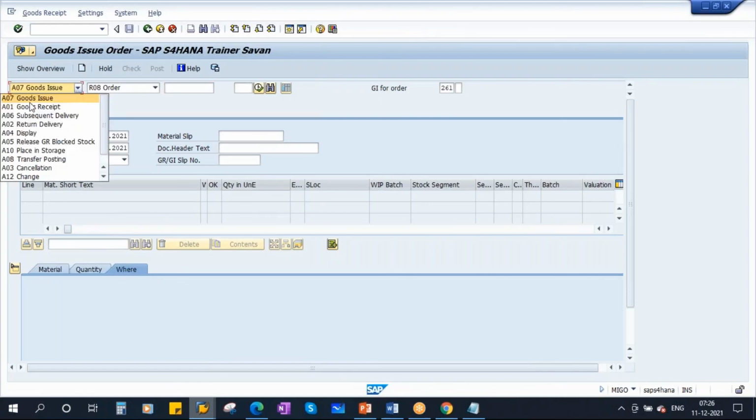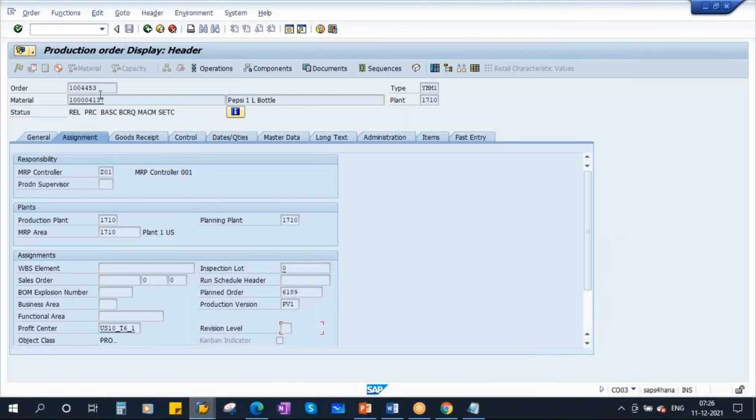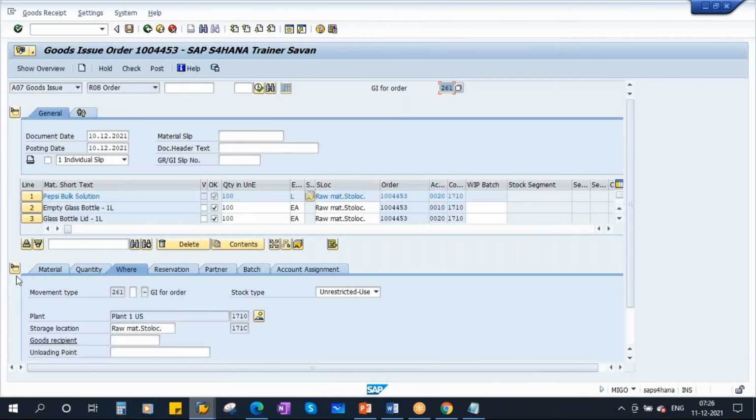So what they do, they select goods issue, order, meaning production order. Now they will enter the production order. So what is our production order? This is the production order. Enter the production order. The moment you do, you see here the movement type, the system is proposing 261 automatically. Now enter. See, now all the components